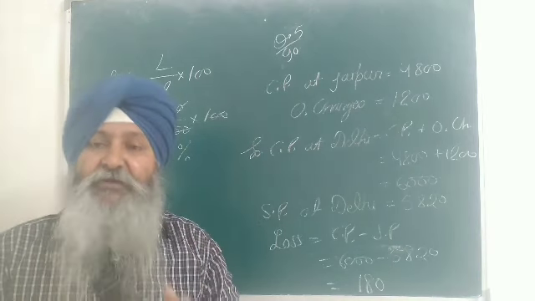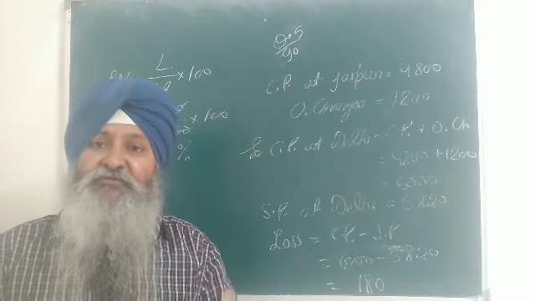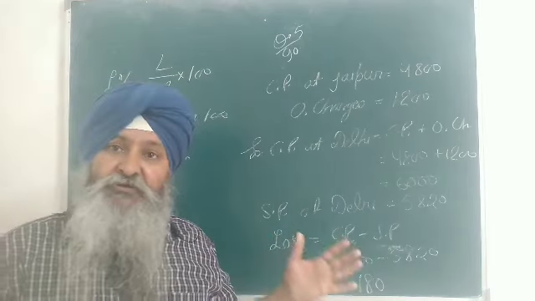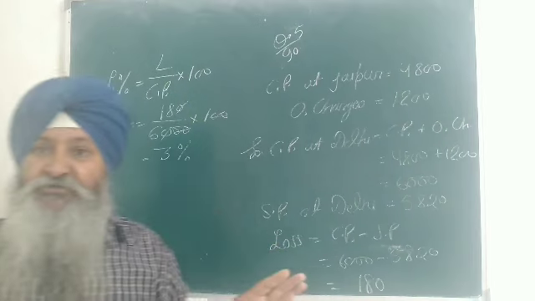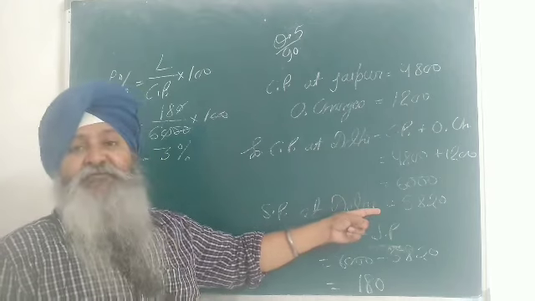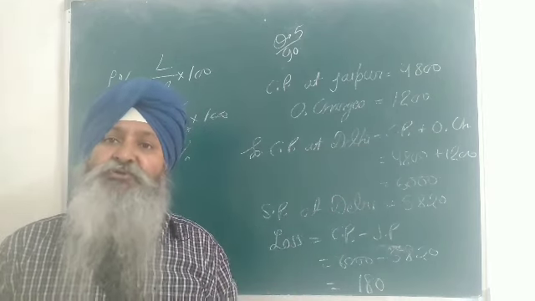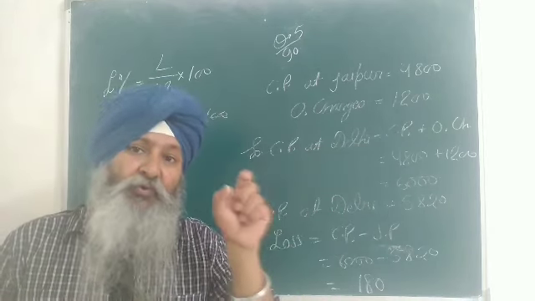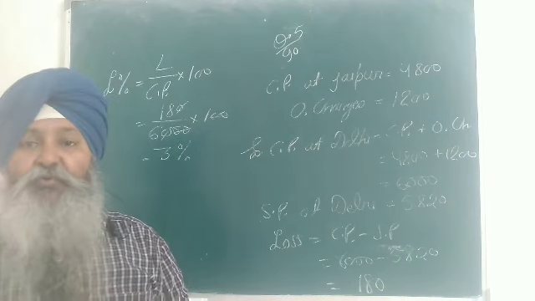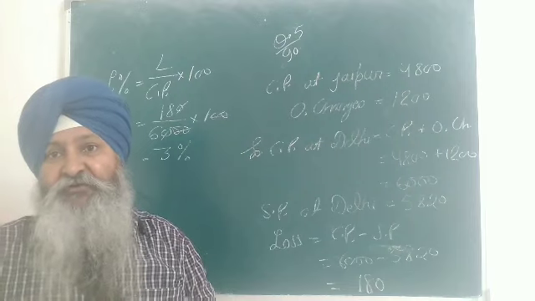Understand please? I told you earlier also that overhead charges we have to spend several times. So in this question, overhead charges make it a case of loss. Otherwise, if there were no overhead charges, in that case what was it? Cost price is 4800, selling price is 5800. So naturally he is getting more, so he is getting the profit. But due to the overhead charges, he is suffering a loss. So I hope you will take care of the overhead charges when you are dealing with it.